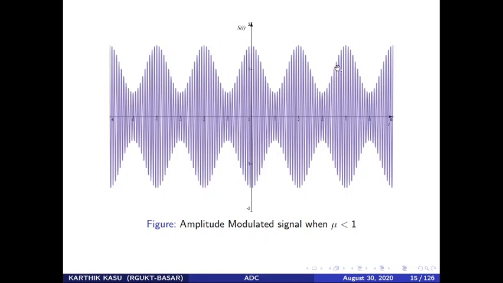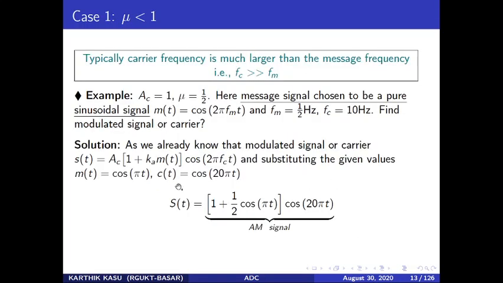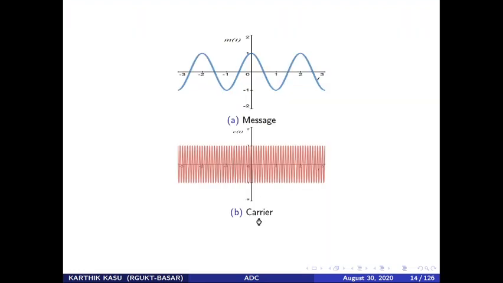So this is something you get like this. Now this is an AM waveform. But remember, this AM waveform is for when mu is less than 1. So this is what we have drawn. This equation, the mathematical equation, is being represented in graphical form, using a figure, and it looks like this.